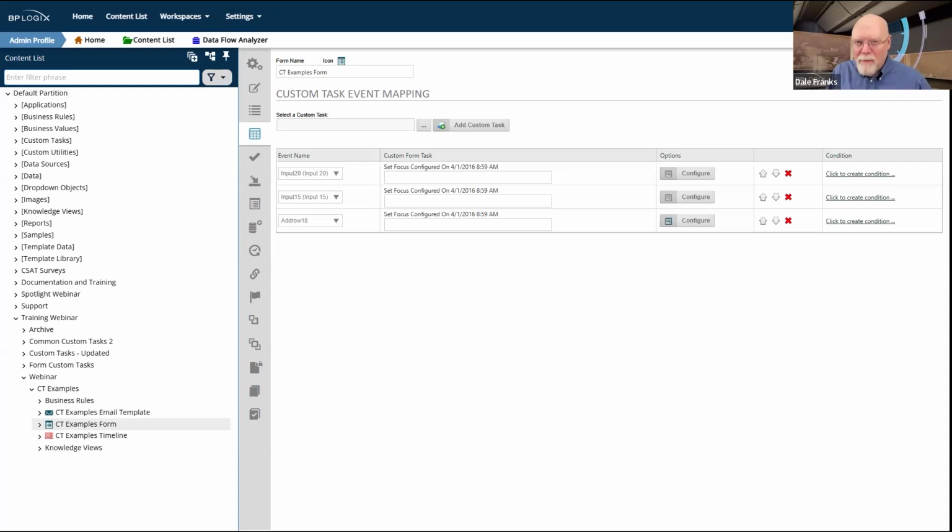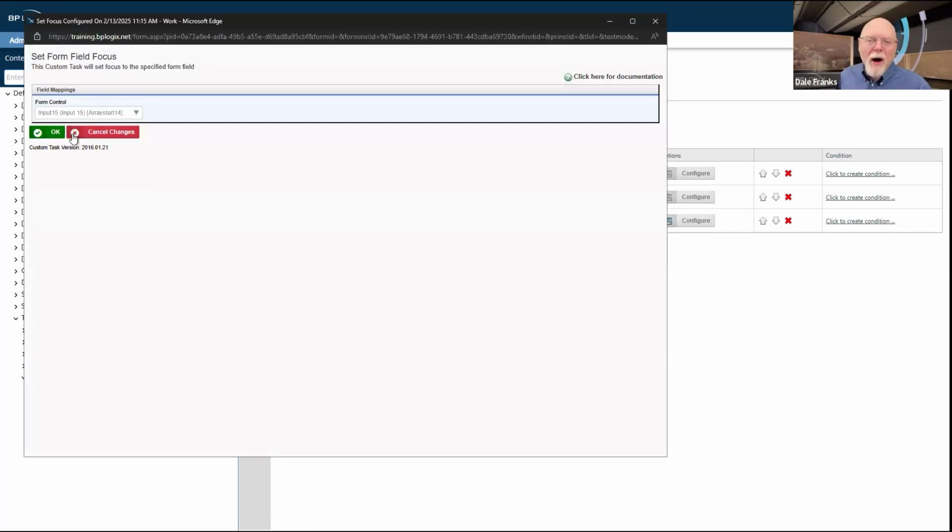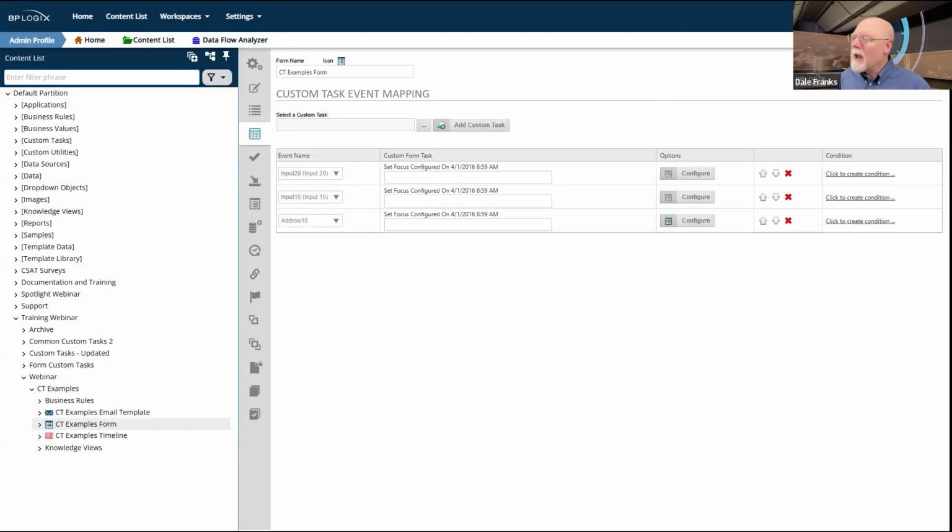Certain events on a form happen in a certain order. So when a form event kicks off, there's a whole bunch of stuff that happens. There are checks for scripts, checks for custom tasks. Then there are events built into the form, like form load, form display, what have you. And there's a specific order of operations in which all of these things happen. So what I'm trying to do is if I add a row, I just want it to automatically set the focus on input 15. So let's open her up.